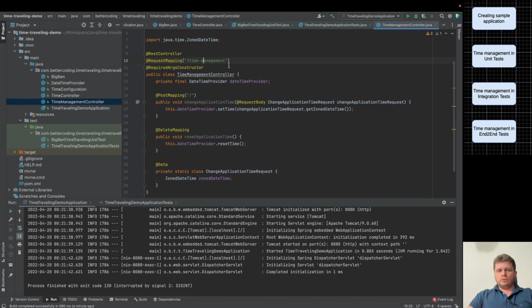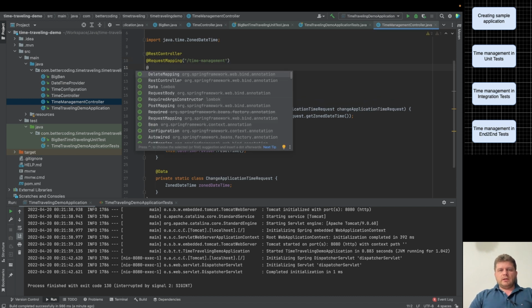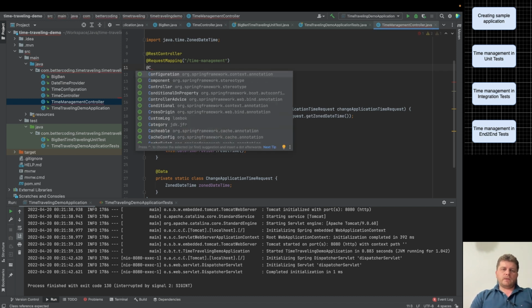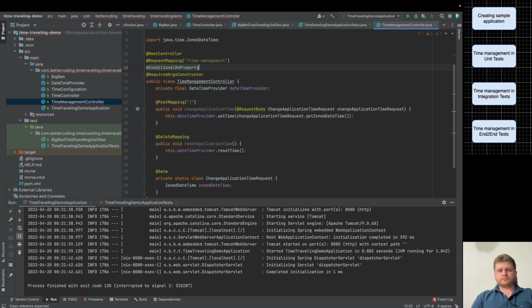So what we can do is annotate our time management controller with ConditionalOnProperty, and we can use, for example, prefix time-management and name enabled, having value true,